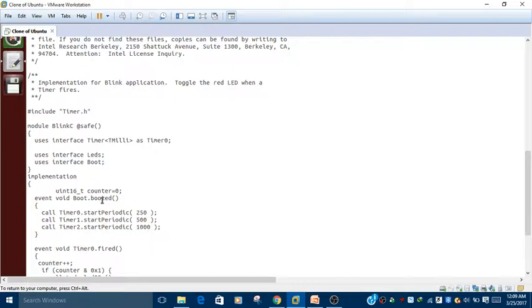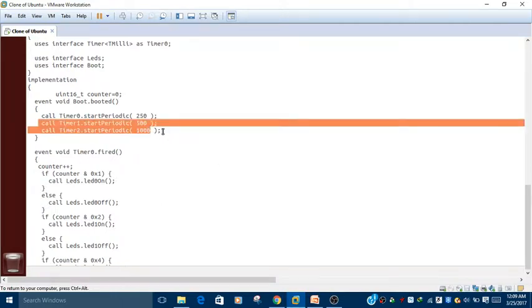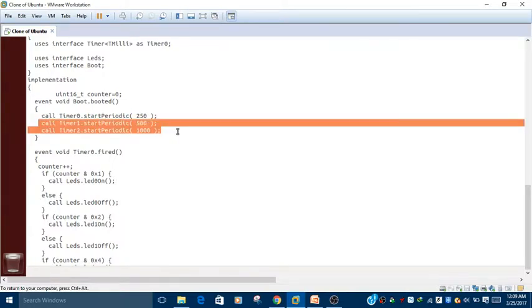In the implementation, I just declared an unsigned int, a 16-bit type variable counter, which is initialized to 0. This is a state variable for this module, and this state variable is changed in a switch case, oh sorry, an if else ladder. Because timer 1 and timer 0 do not exist now, I can just directly delete them.